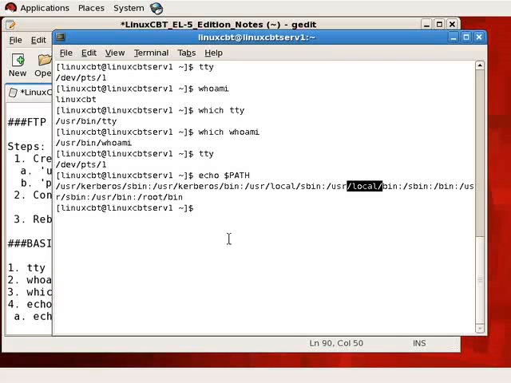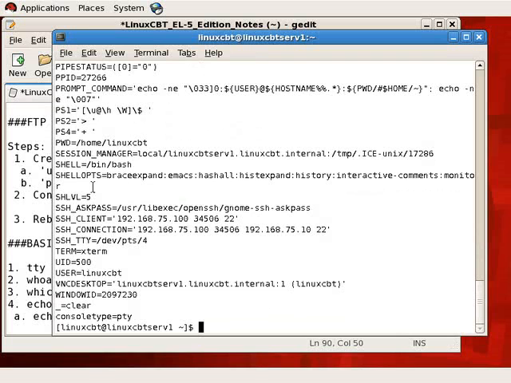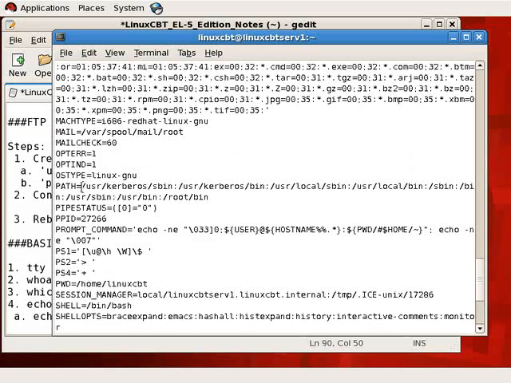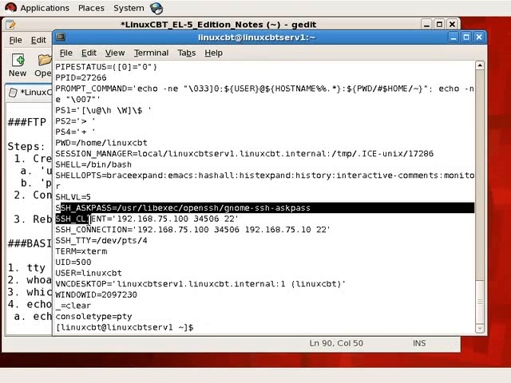So echo, used in conjunction with the variables, will help to reveal the contents of the variables. And most variables are set up as arrays or scalars and are parsed by the program that needs them, such as the bash shell. Now we did mention that set reveals all the variables that are currently set, including the path variable. So if we scroll up in the history, we'll see the path variable amongst others, such as where our mail may be found, our mailbox, the prompt, the variables for the prompt, which includes user at hostname, followed by a terminating $ sign if we're a non-privileged user, as we currently are, variables for SSH,